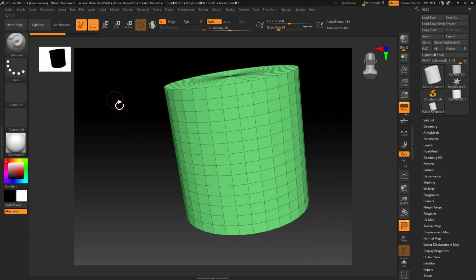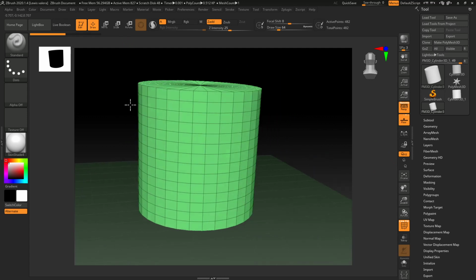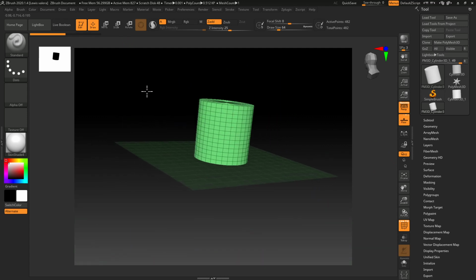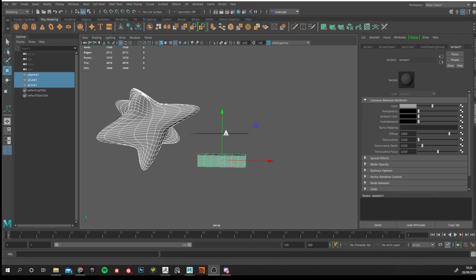You can change that in ZBrush by going into a menu in a minute. But here I'm going to show you the floor as well. You can click here and have a little grid, the floor. And in the grid you can have this gizmo as well, which represents the same aspect as in Maya. If you go back to Maya, you know you have this thing here that tells you